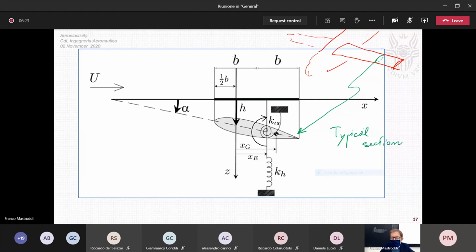And this can be considered as the most simplified model for representing inelastic behavior. And therefore, if you consider this wing as elastically connected to a ground, like here, you have